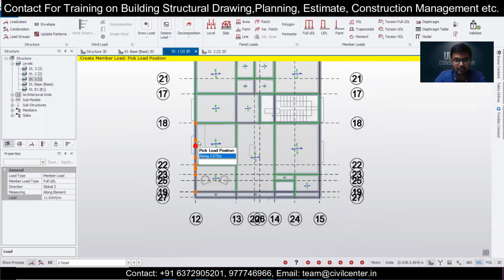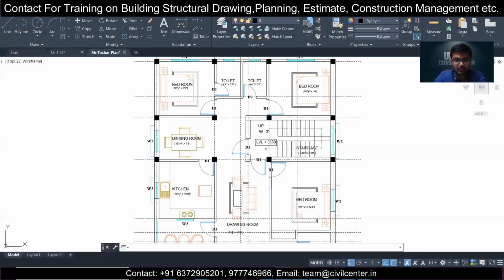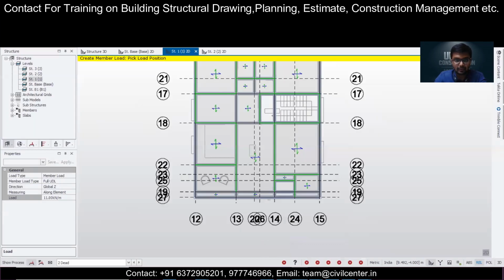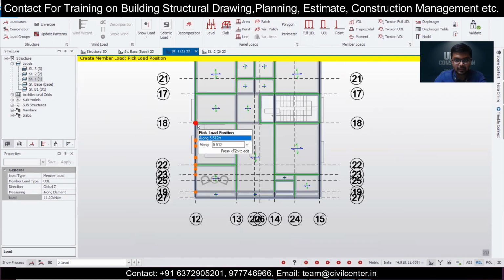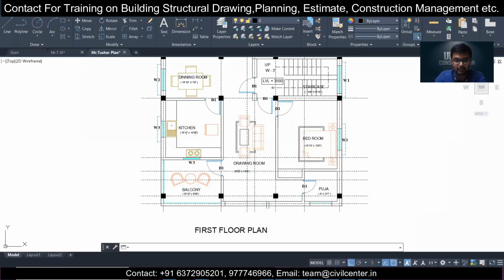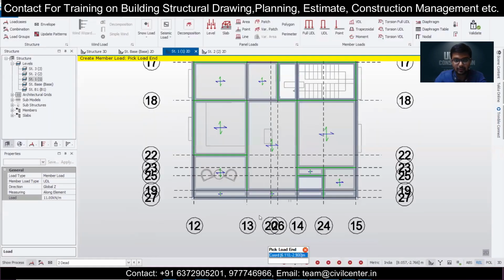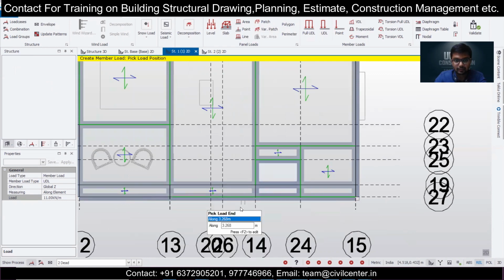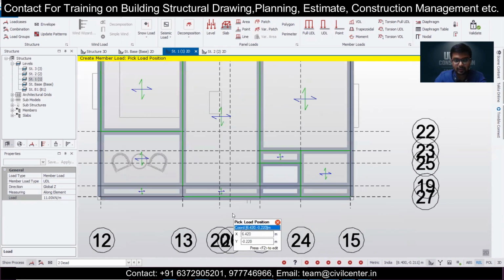So all the left side walls, I hope, as you can see, all are 10-inch walls up to this much, up to the balcony portion. So before the balcony, after the balcony, there is no wall here. So what we'll do, we'll take the UDL and we'll apply the wall load up to this much. There is a balcony here, there is no wall load here. So here we are having a 10-inch wall load from here to here. We'll take the UDL and apply the UDL from here to here. So that's how we are providing the UDL.